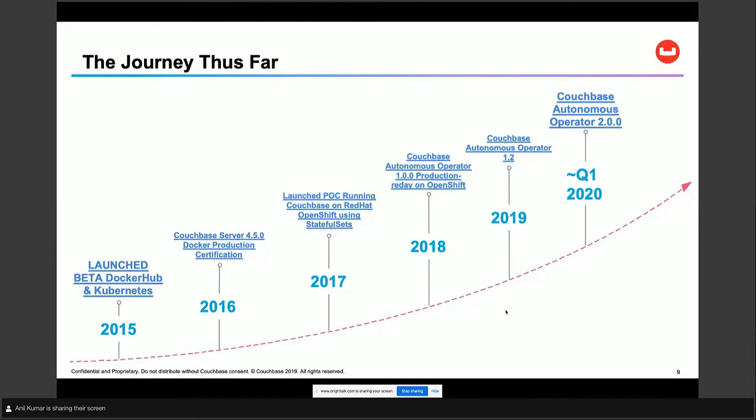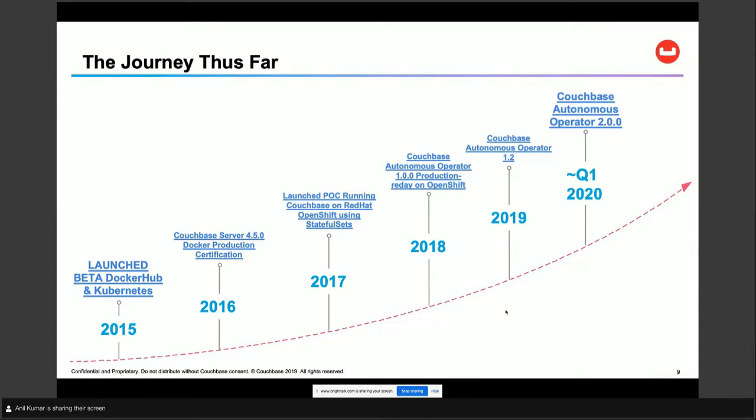From there, we knew that customers going on this journey will have challenges, because Couchbase is a complex distributed database. To run a distributed database on containers, you have to manage many things. Like if a container dies, you should be able to bring it back. So we definitely needed container orchestration.